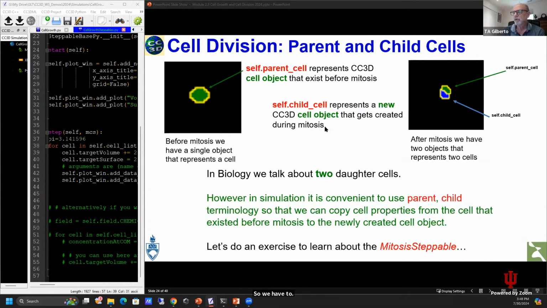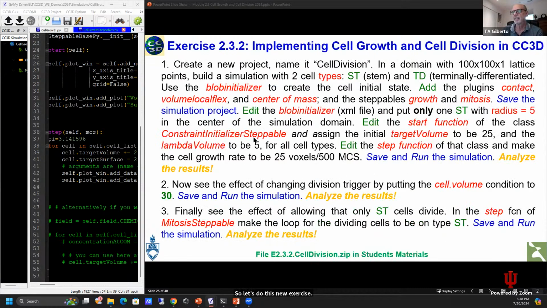Here's what I was talking about. In our simulation, the parent cell keeps its characteristics. The daughter cell may inherit everything or not. It's up to us to decide how the daughter cell, the child cell, must be. So let's do this new exercise to implement the mitosis